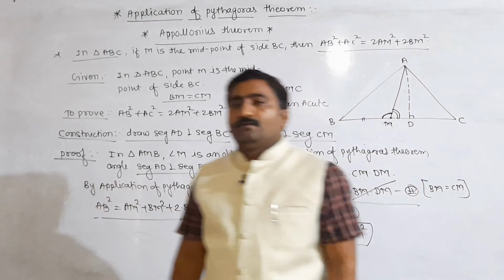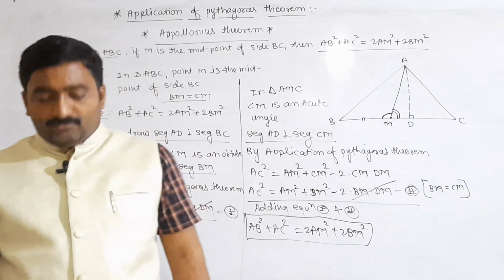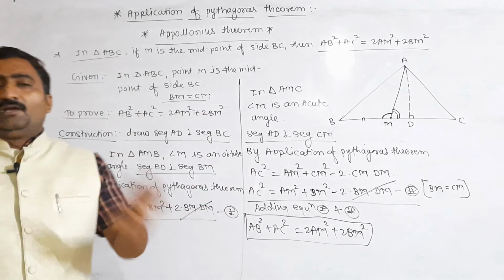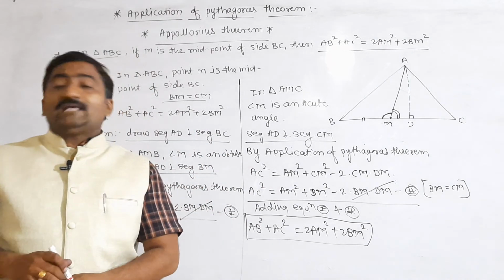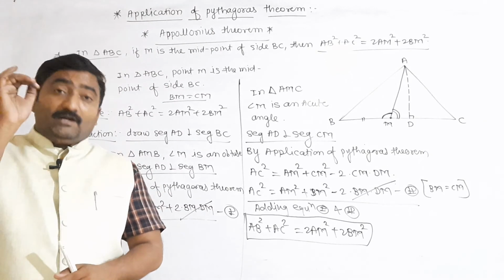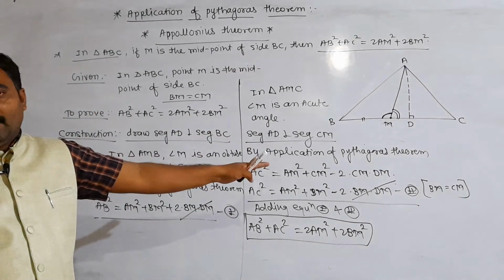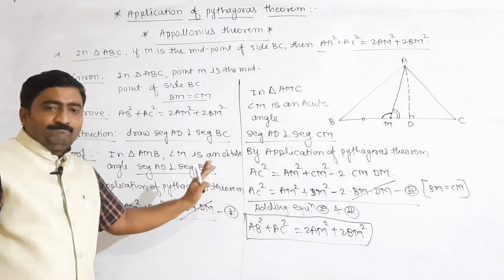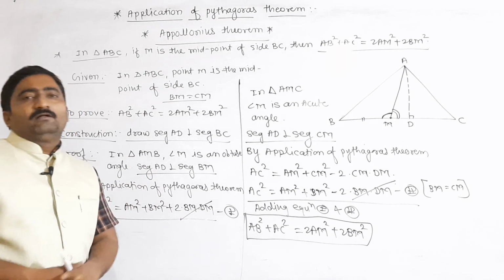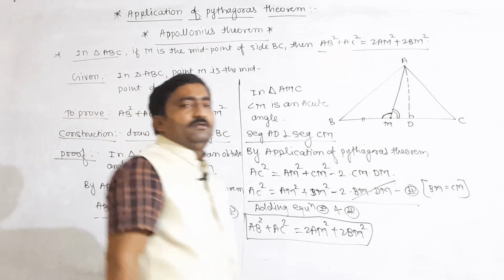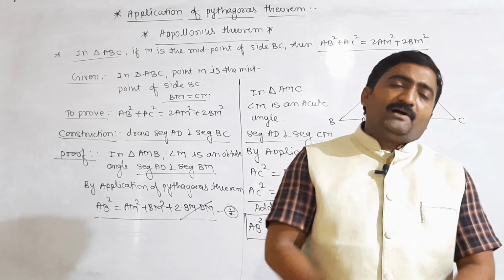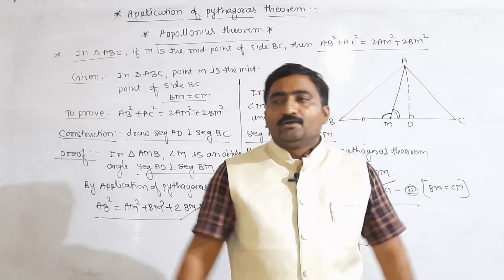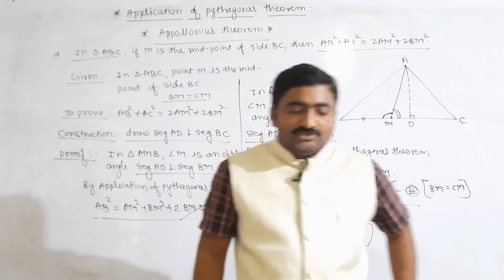So, this is enough for today's lecture. But remember that this is very important. In your examination, they can ask Apollonius theorem or examples depending on Apollonius theorem. So at your home, repeatedly write these theorems and remember them, and for the next lecture, study solving examples depending on this application of Pythagoras theorem or Apollonius theorem. So this is enough for today's lecture. We shall stop here.